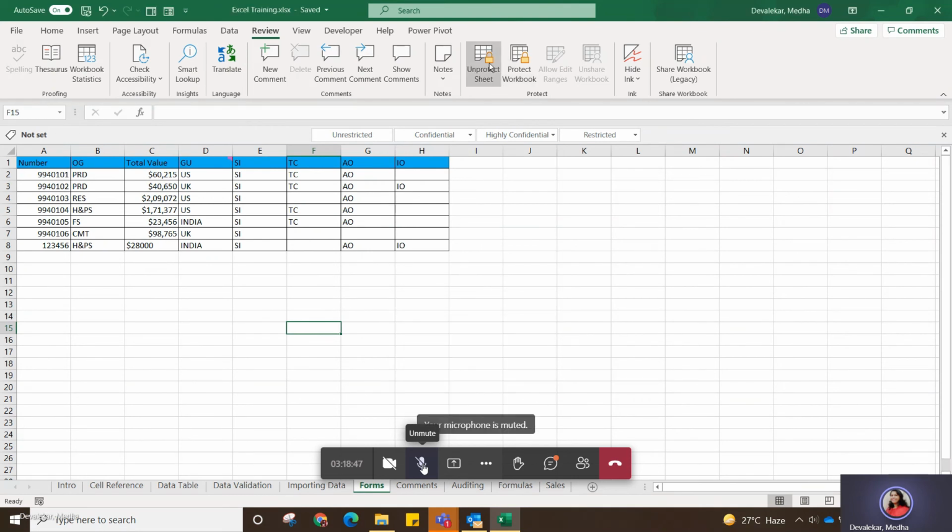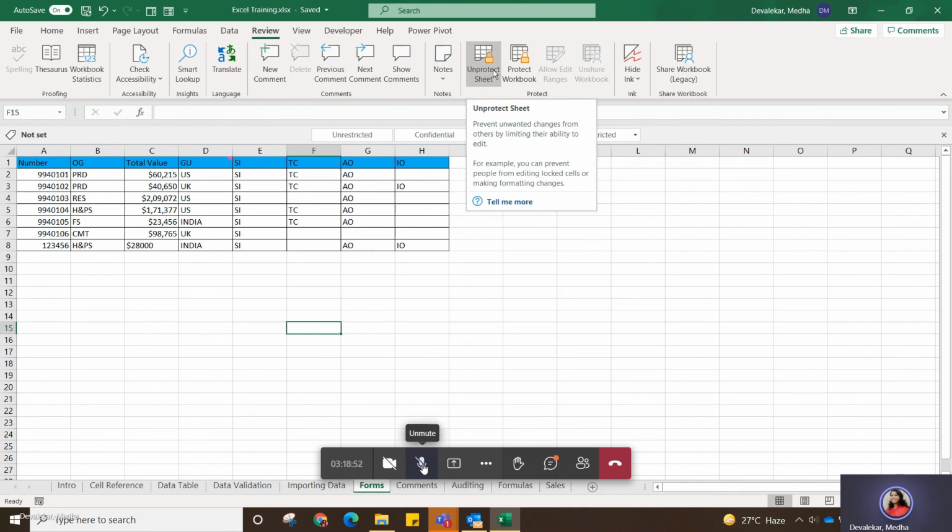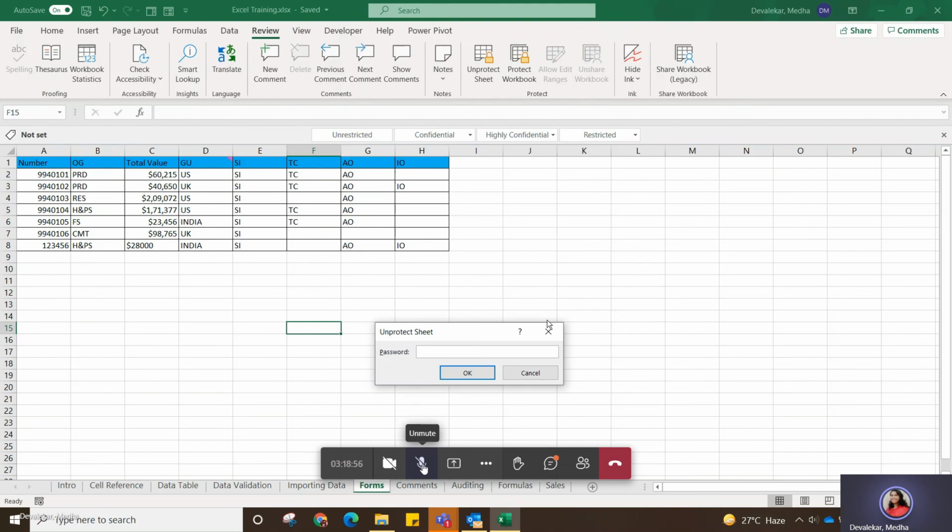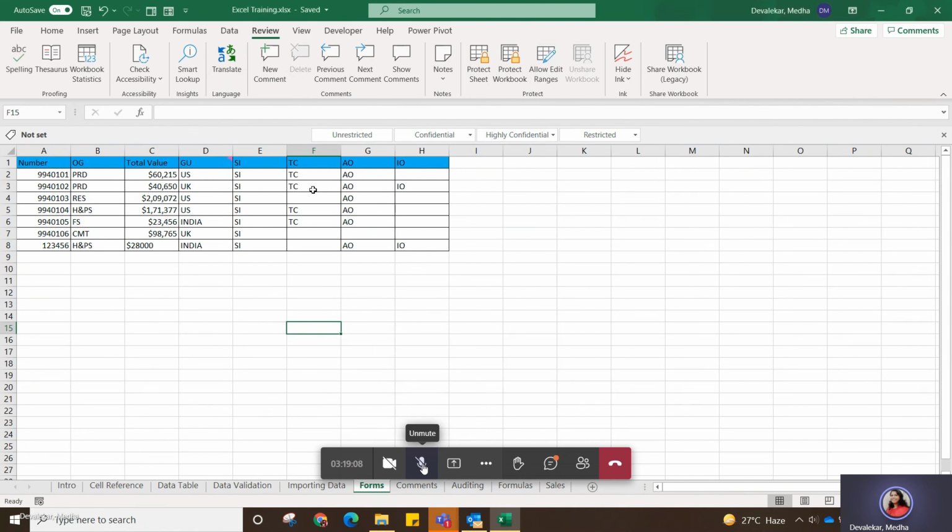Now I have protected this sheet, so it gives me unprotect sheet. If I know the password, then I can unprotect it. Once I click on this unprotect and give the password, it will unprotect that. So now I'll be able to edit it.